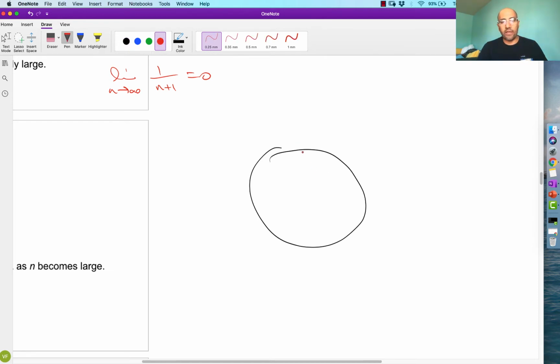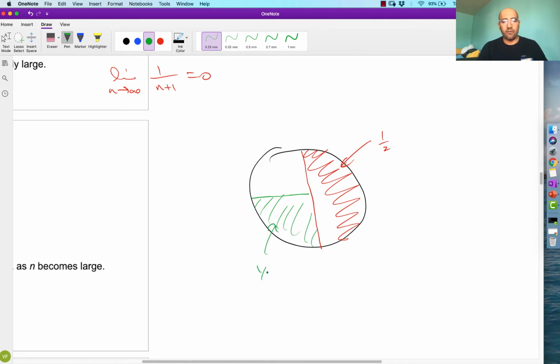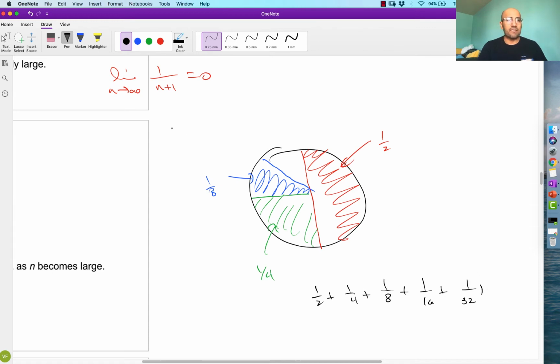So let's say we have one whole cake, and on day 1, you eat half of it. You eat half the first day. And then on day 2, you eat half of what you have left, which means you really only eat 1/4. And then the day after that, you eat half of what you have left, so then really you eat 1/8. So as you keep going, you have this pattern where you eat a half, and then the next day a 1/4, and then an 1/8, and then a 1/16, and then a 1/32nd. So we start to establish this infinite sum here.